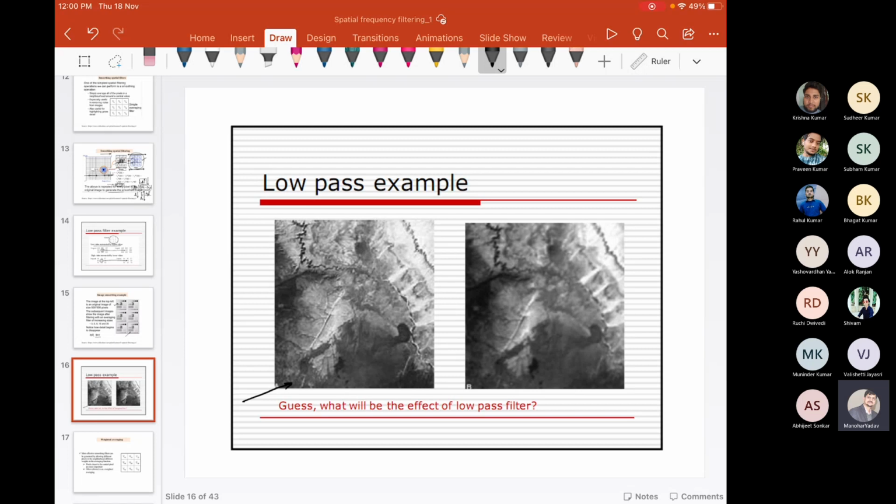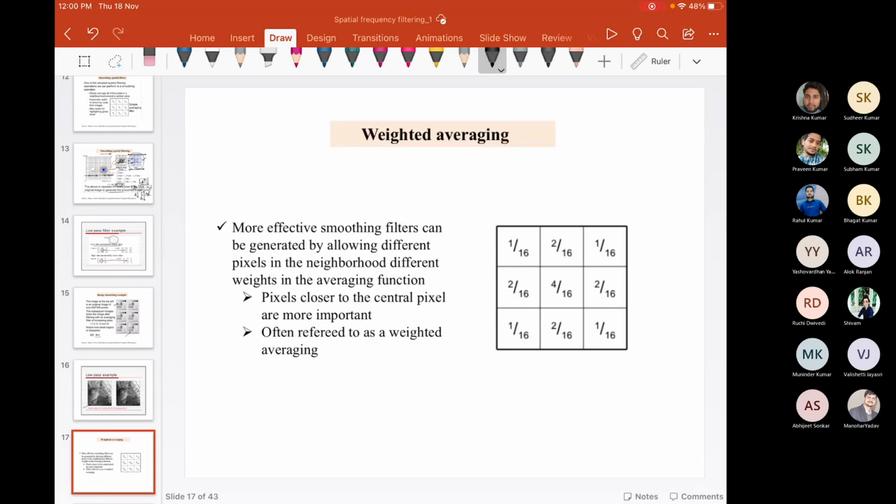What is the problem over here? There are many important details which are lost. Important details means there are certain important edges. They are very small. If there is a very small object, that small object's boundaries are mixed with the surrounding object. So you can't differentiate what is the exterior boundary of that small object. So in order to preserve the edges, which are very important features,